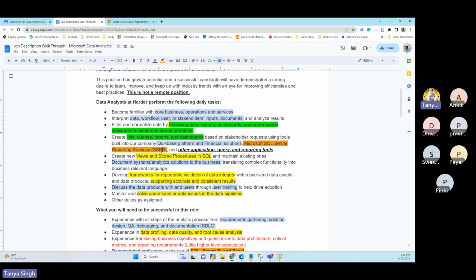So this SSRS, reporting services, wherever you see that, this is developed by Microsoft, right? As you see, like other application query and reporting tools. I have never seen any data analyst position where they don't mention this line. What it means is, you might not be very familiar with SSRS, but you are good in Tableau. They will still consider you, right? Definitely, they're going to prefer a candidate who has the Microsoft skills. But in case there is no Microsoft skill, they're still going to consider you if you have a Tableau skill set or a Looker skill set. The reason being, as I said, if you know how to drive one car, you can drive any car. So the same concept is applicable over here.